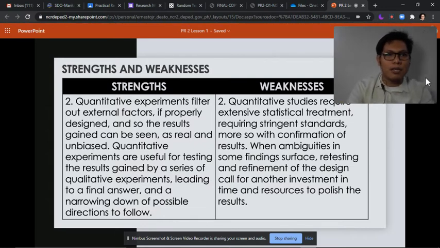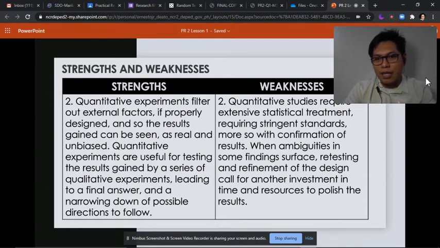So, unlike in qualitative, minsan ang respondents 5 lang, 10 lang, ang ire-represent niya ay malaki. Dahil nga dun sa manner of data collection, hindi siya pwedeng ganun kadami. So, hindi siya kasing unbiased ng quantitative.